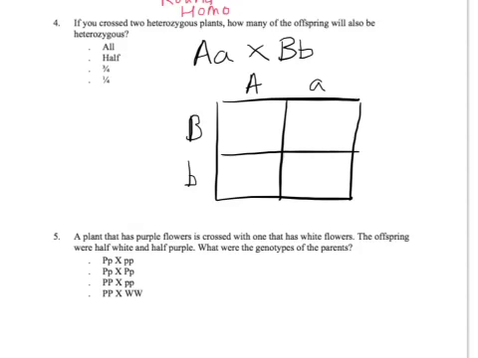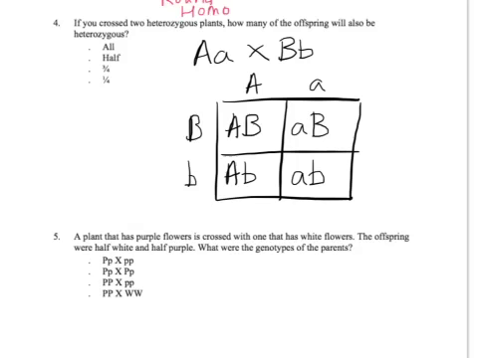2 over here. So when the cross happens, the first box will be capital A, capital B. Second box will be small a, big B, and this one here will be big A, small b, and here it will be small a, small b. Now in this case,